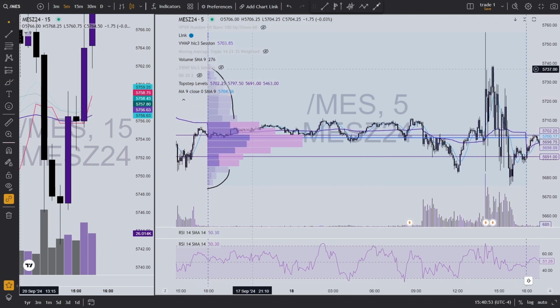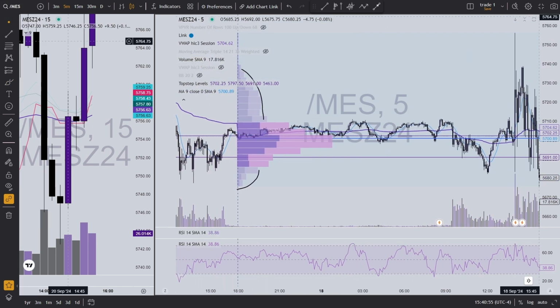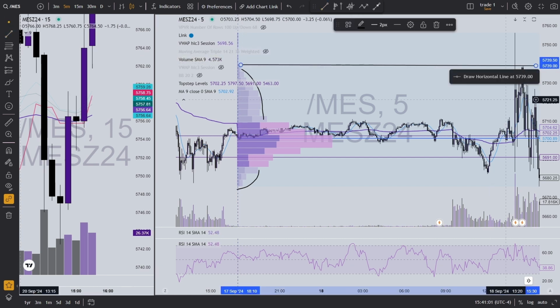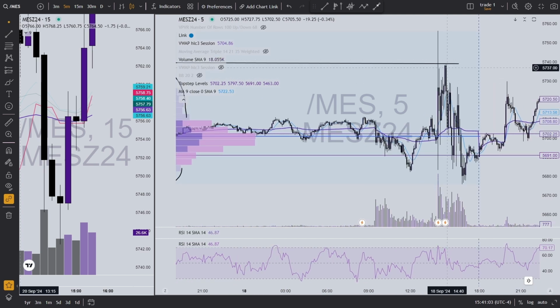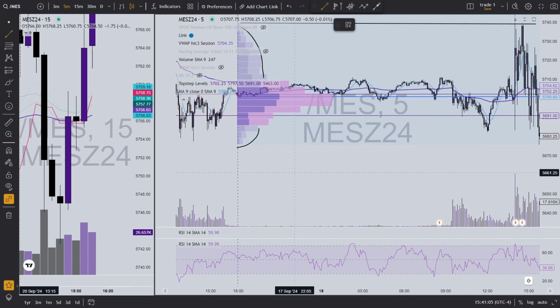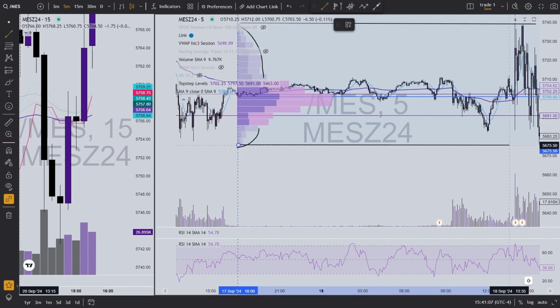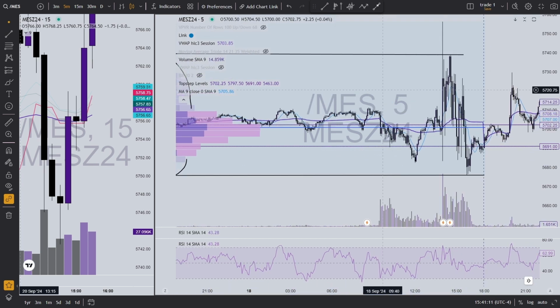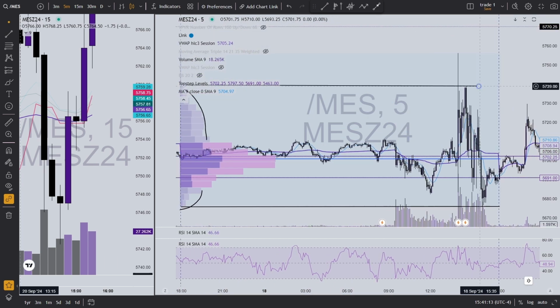As you can see, our highest node touches the high of the day, and then our lowest will come through and touch the bottom. The window will also show you